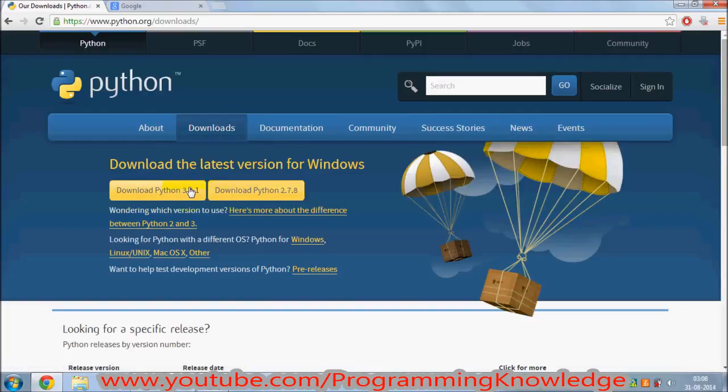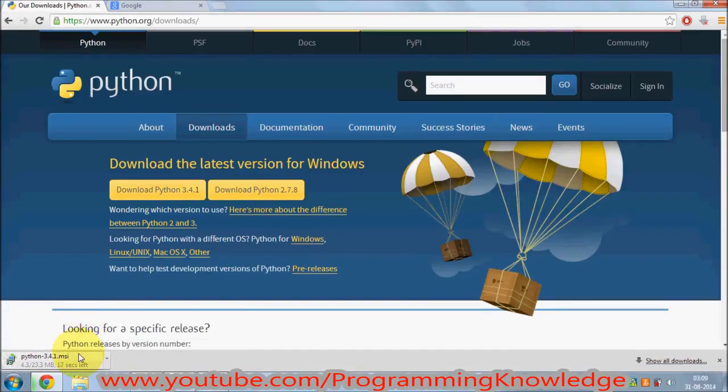Here there are two versions. One is the very latest version, and one is a slightly older version but also very stable. What we are going to do is download the latest version. So I'm going to just click this download button, and it will download Python 3.4.1, which is the latest version at the time of making this video. Once the download is complete, we will be able to install Python on our system. So now the download is complete. I will just run this,